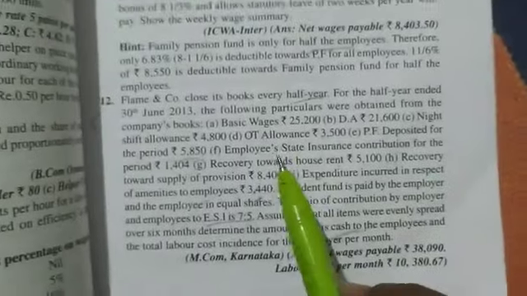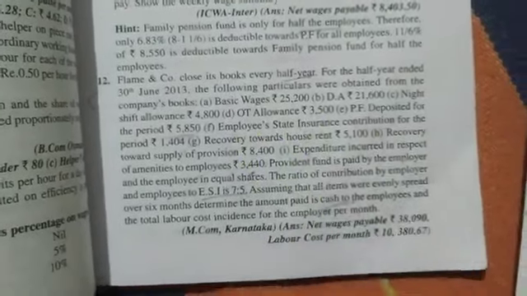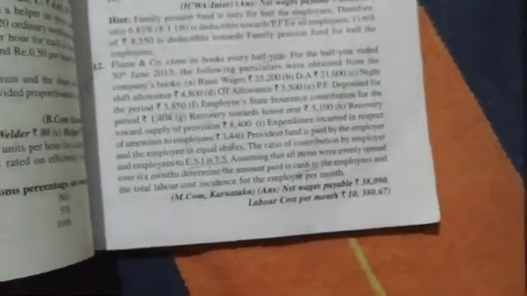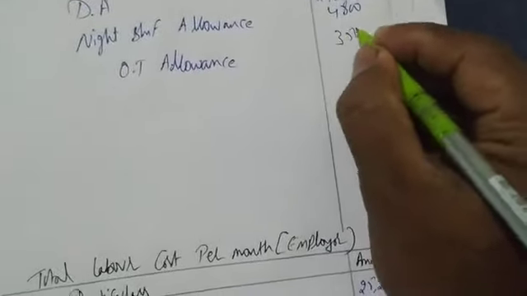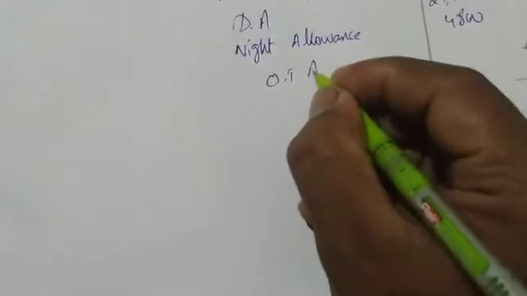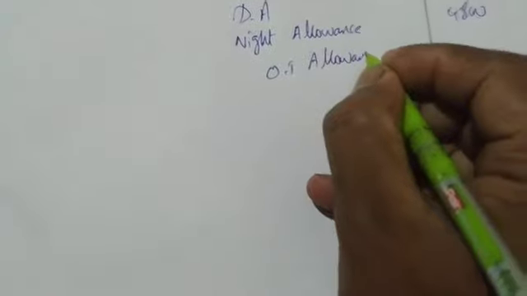Okay, next, overtime allowance, 3,500. OT allowance, again the employee has to receive from the employer. Amount is 3,500. OT allowance is expenditure to the employer, 3,500. Next,